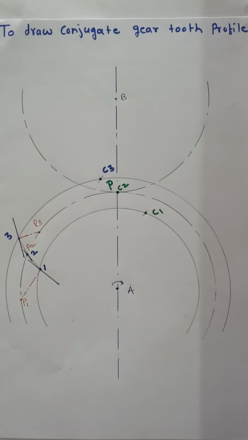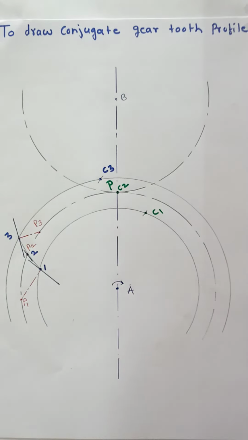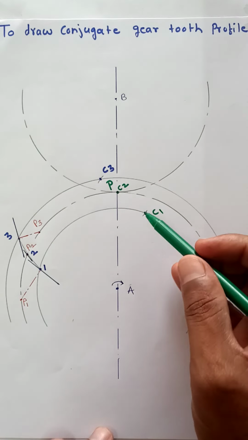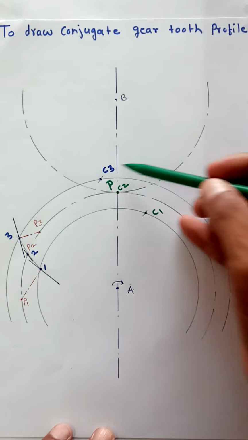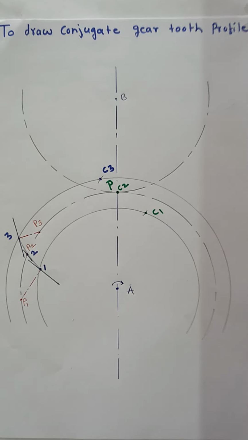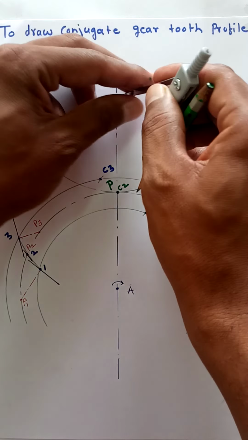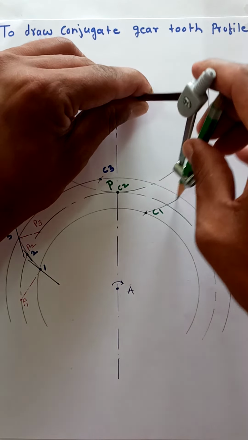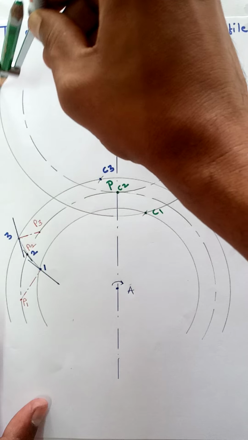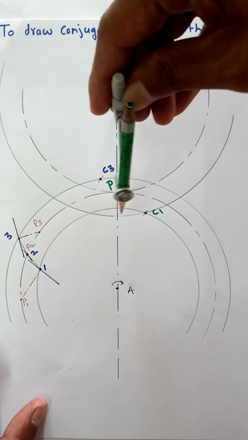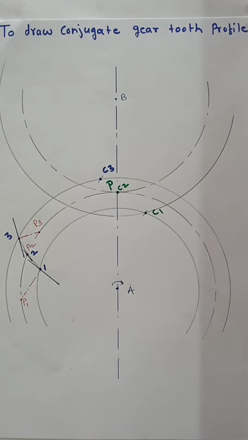Now in the next step, we have marked the points of contact. C1, C2 and C3 are the points of contact. So at C1, point 1 on this profile will come in contact with point 1 dash on the profile of the teeth of gear 2. Obviously, point 1 dash will move on this circle passing through C1, because the gears are rotating. So 1 dash will come like this to come in contact with 1 at C1. So draw this circle passing through point C1.